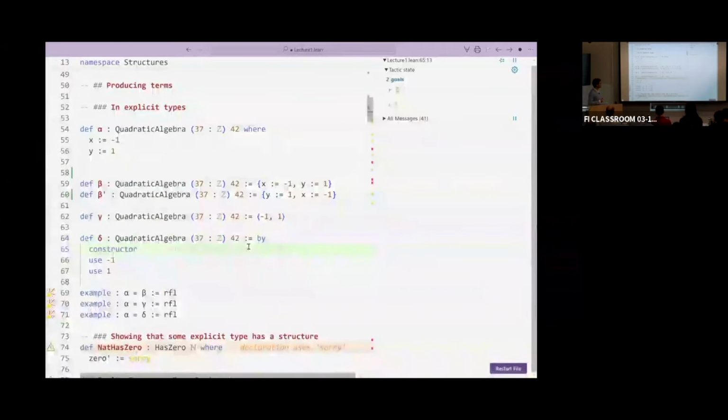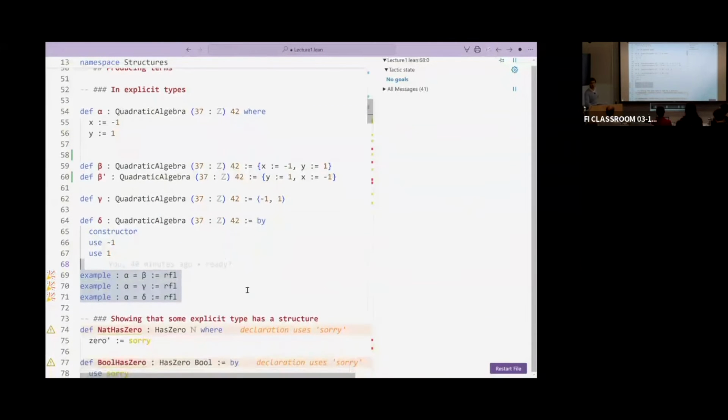Once you apply it, Lean observes that this has two constructors, so you have to produce a term in Z and another term in Z. For the first one I want to use -1, and for the second one I want to use 1. Now if you check whether these things are equal, the answer is yes, and they're equal by definition. Refl closes this. So the first, second, third, and fourth definitions are all the same, and you're basically free to choose the one you prefer.